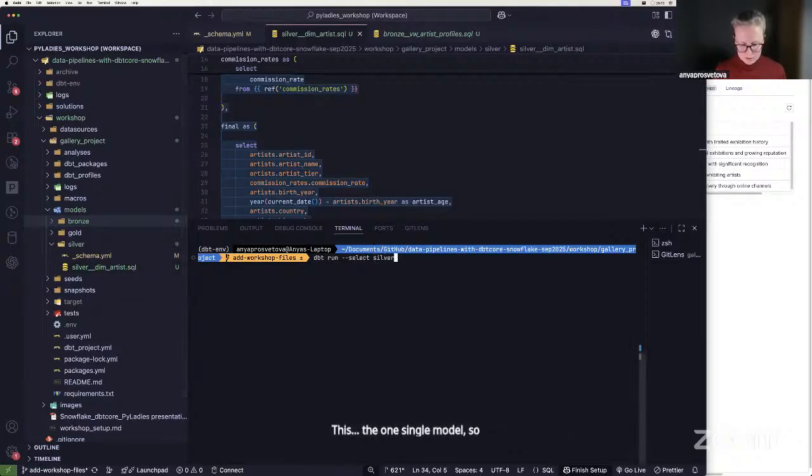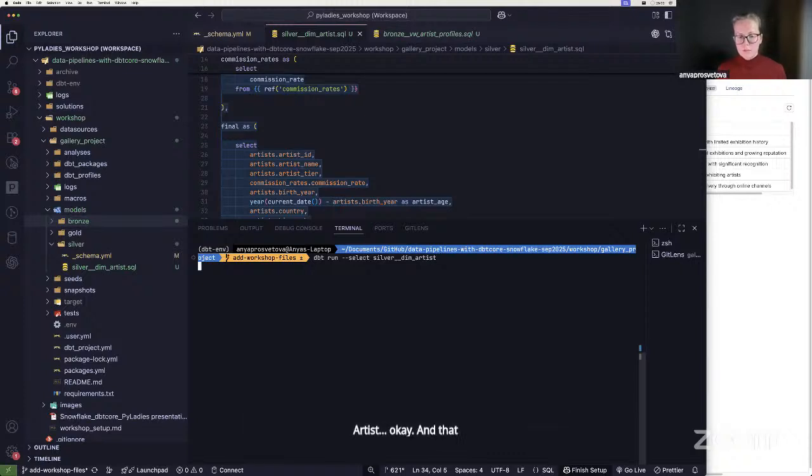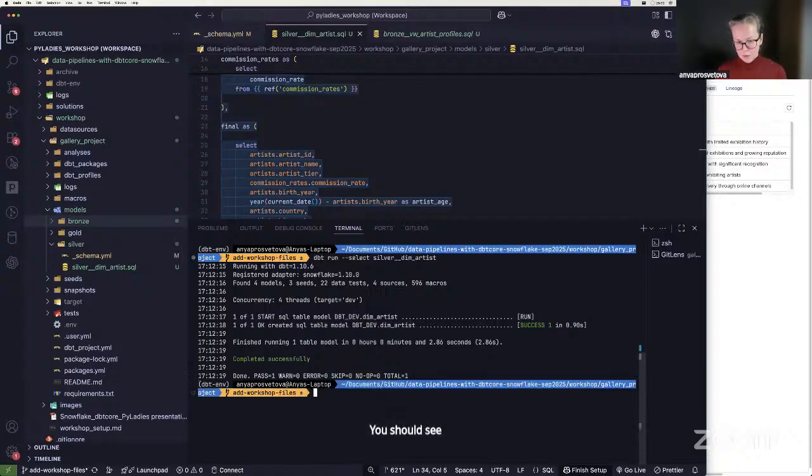So in this case, it will be silver double underscore dim artist. And that will run only this model. So if I run it now, you should see, yeah, it picked up only one model and it ran it, and